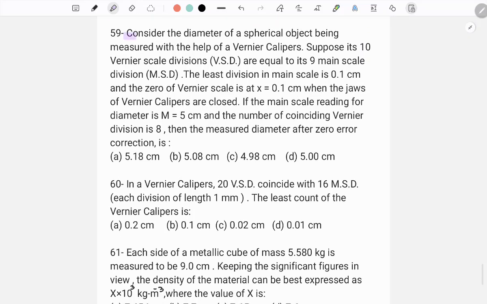Next, consider the diameter of a spherical object being measured with the help of vernier calipers. Suppose its 10 vernier scale divisions VSD are equal to its 9 main scale divisions MSD. The least count in main scale is 0.1 centimeter and the zero of vernier scale is at 0.1 centimeter when the jaws of vernier calipers are closed. If the main scale reading for diameter is M is equal to 5 centimeter and the number of coinciding vernier divisions is 8, then the measured quantity after zero error correction is